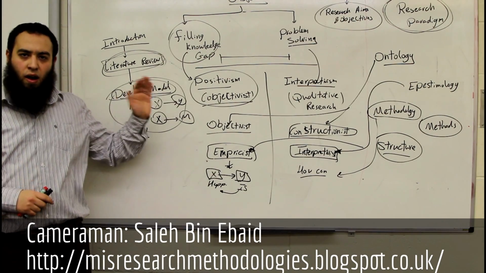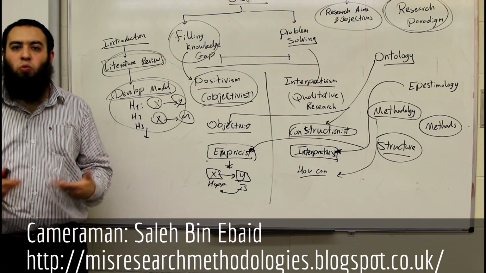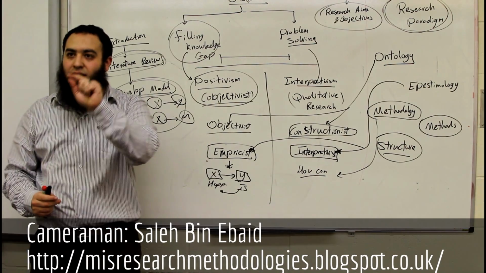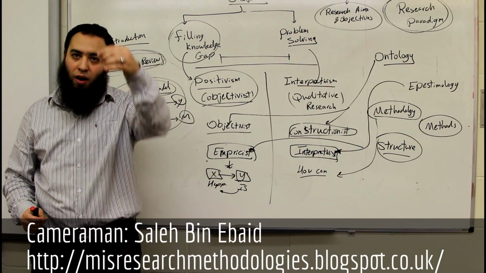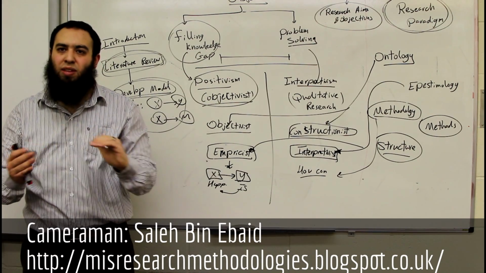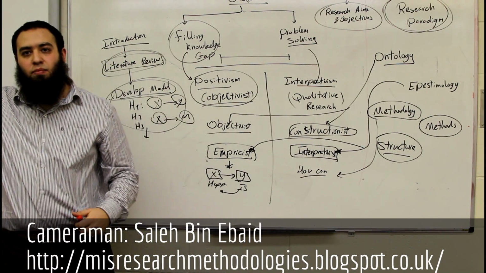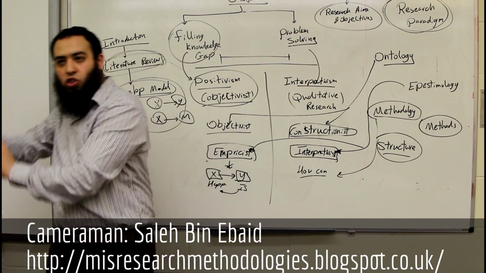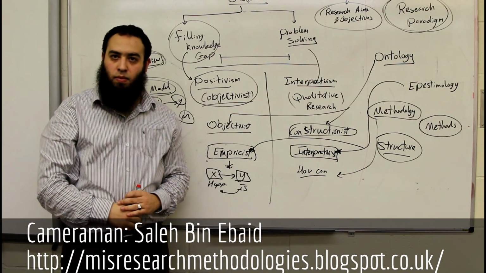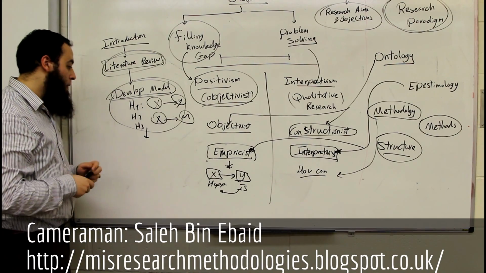You can't say X is measured by these factors. No. What's the meaning of measure? Happiness. What's the meaning of happiness? How can you measure happiness? How can you say this is happiness or not? You have to define it into a set of questions. In fact, I can't do that by myself. I have to find other researchers, see how others measure happiness, and take these questions and put them in my questionnaire. It's not easy to put in a questionnaire from your mind.